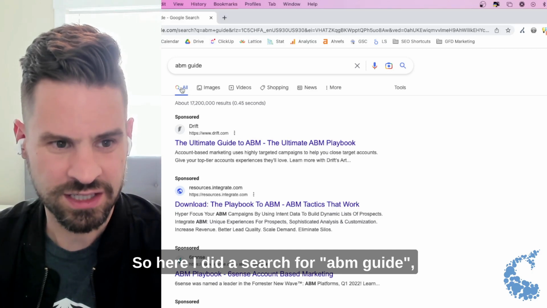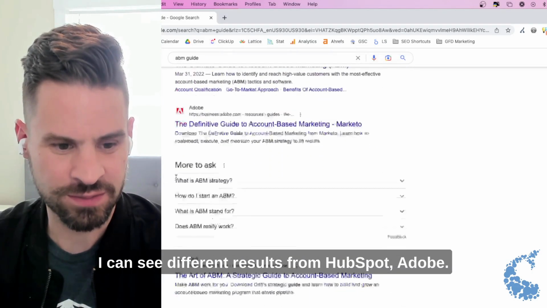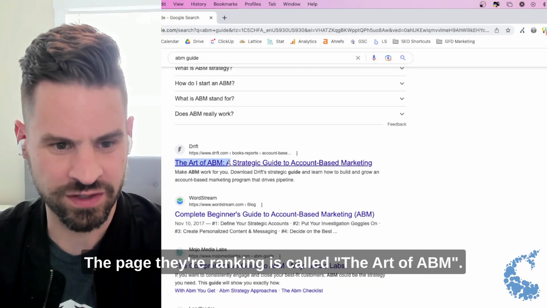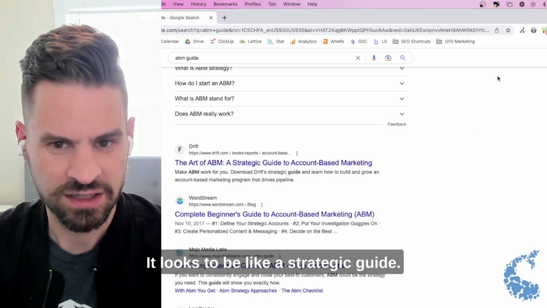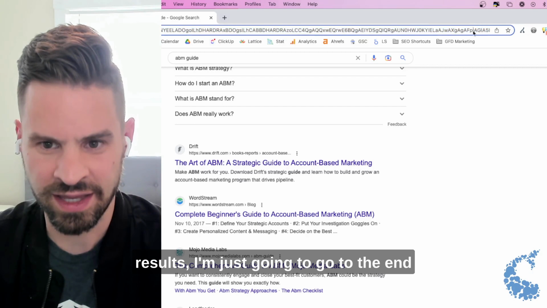Here I did a search for ABM Guide, and when I scroll down I can see different results from HubSpot, Adobe. We're going to focus on this one by Drift. The page they're ranking is called The Art of ABM. It looks to be a strategic guide. So if I wanted to see the unfiltered search results, I'm just going to go to the end of my